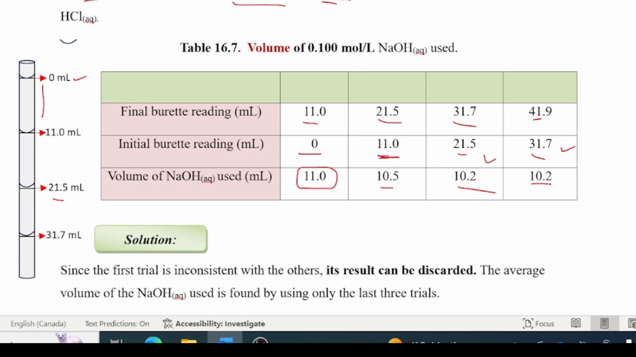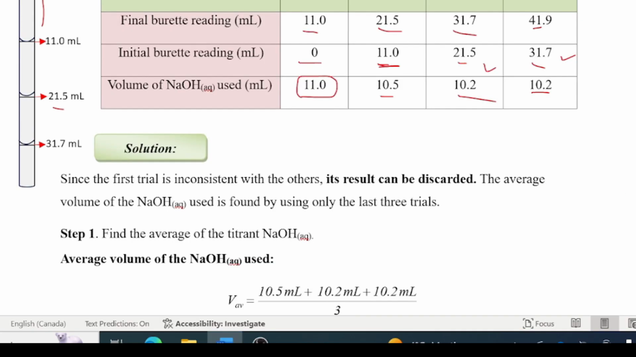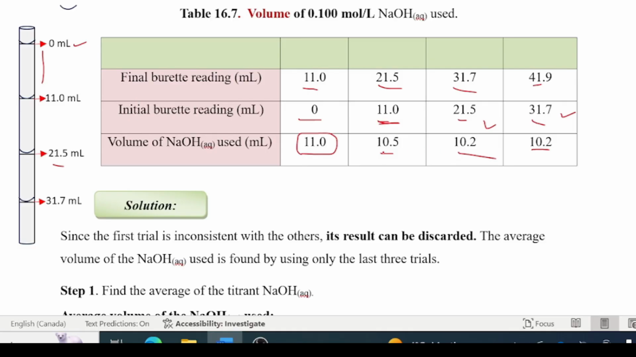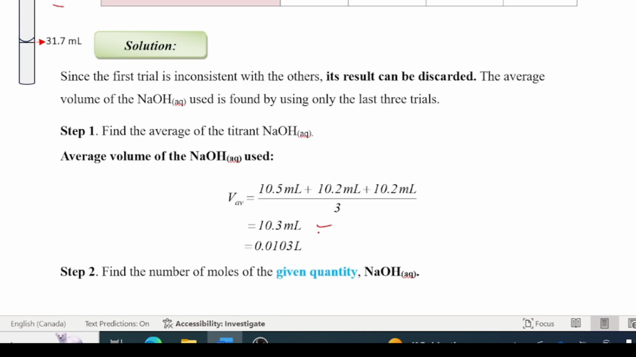Now, how do we go about finding the concentration of your hydrochloric acid? You can see here, when you compare these results, this one is out by far. So these ones are close to each other. So we'll discard this reading here. And what we'll do now, we'll add these 3 here and take the average of that. And that translates into